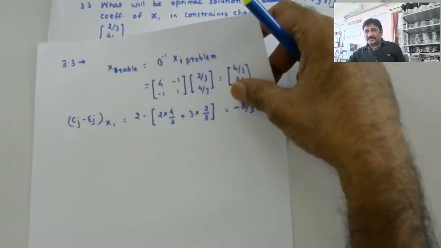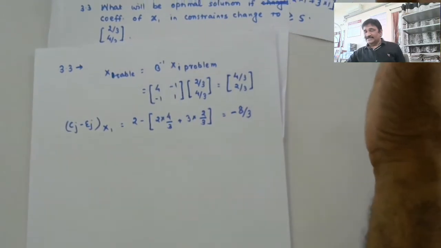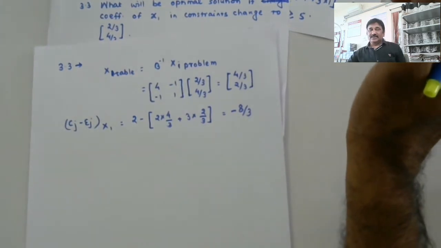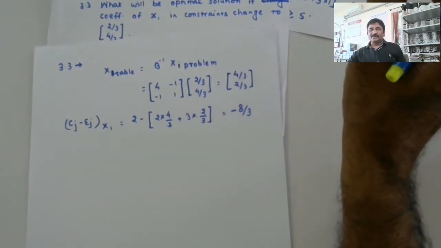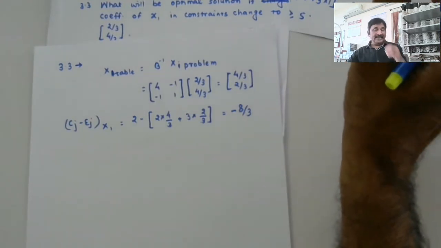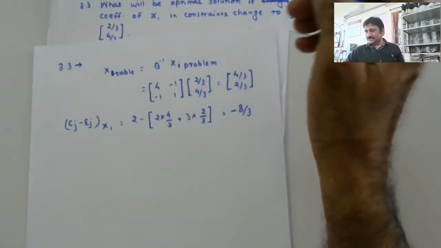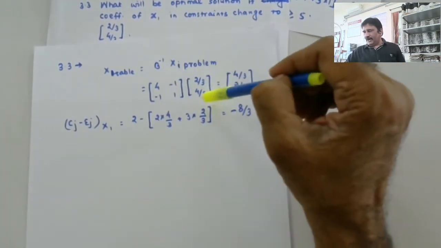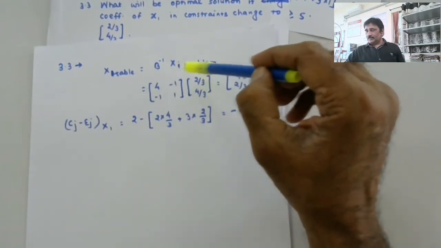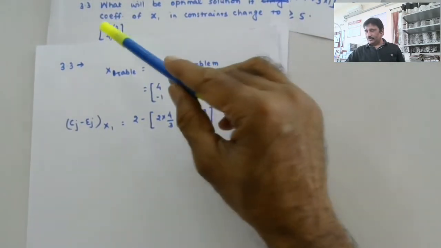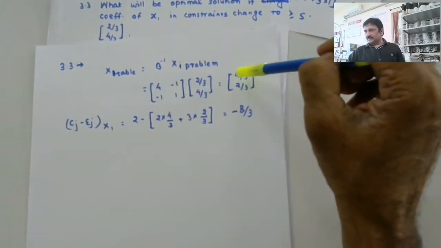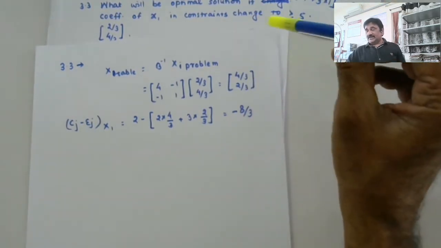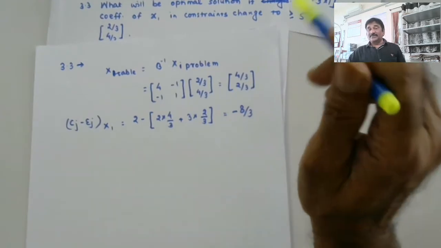So how will we be doing it? Based on our earlier experience of handling such changes, we might be tempted to go the same way we had gone in case of changes in the coefficient of variable x3 in first and second constraint. We may be tempted to do the same thing like B inverse into x1 problem, right? B inverse into x1 problem, 2 by 3, 4 by 3, I'm taking from here, and I will be getting the result 4 by 3, 2 by 3, and this I may understand as the column of x1 in table.